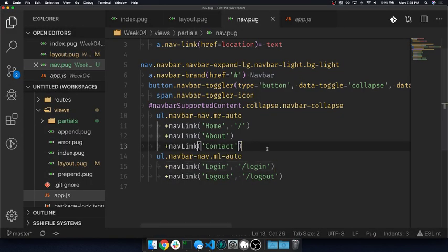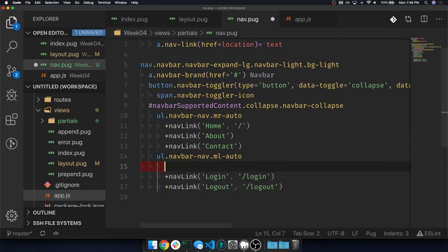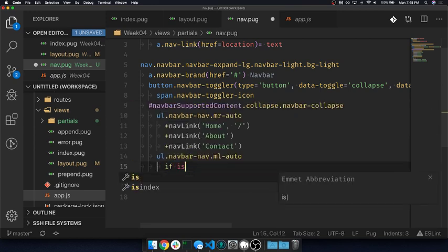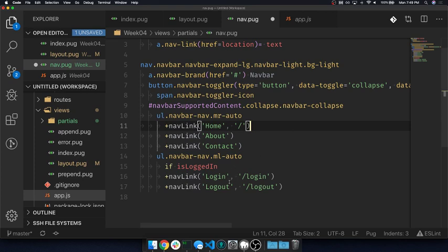We're not actually going to be logging in today, so don't worry about that. We're just going to be able to set something. So we have our login, and I'm going to create an if statement. I can just do that inline. So I can say if isLoggedIn. So if we're logged in,